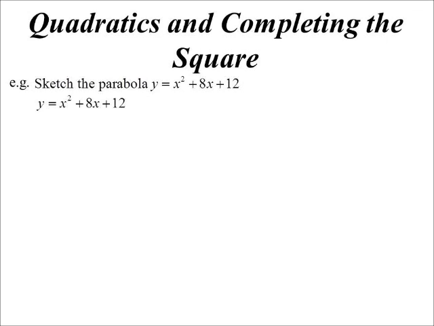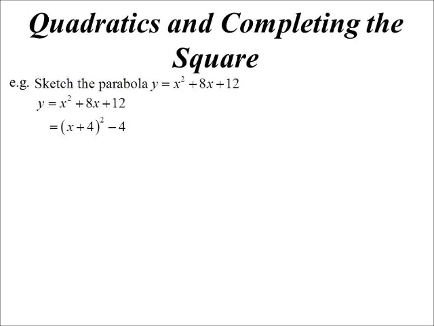I want to look at this idea of completing the square. So, same questions we had yesterday, sketching the parabola, but alternative ways of finding the information. As I say, first technique, completing the square. So we've got x squared plus 8x plus 12, but instead, if I complete the square,